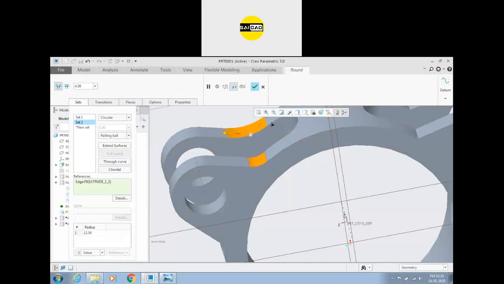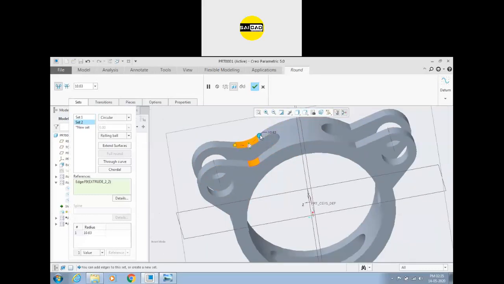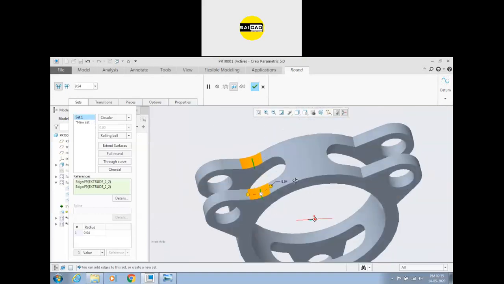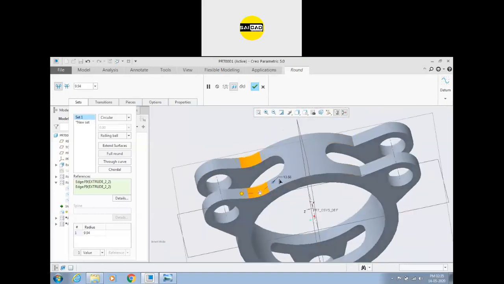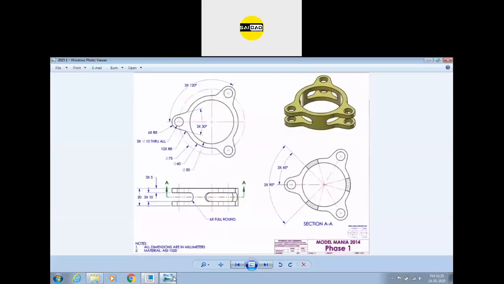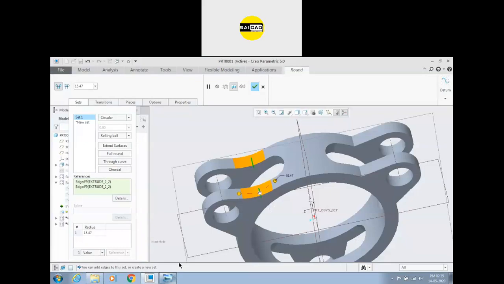What is the difference? You cannot control both at the same time. Okay, this has a different value. Select it from here. So I'm going to delete the set 2, and I'm going to select it with the control. Okay, select the edges with the help of control, and now you can control all the fillets with a single option. So we need a fillet of 8 radius. To define the radius to 8.